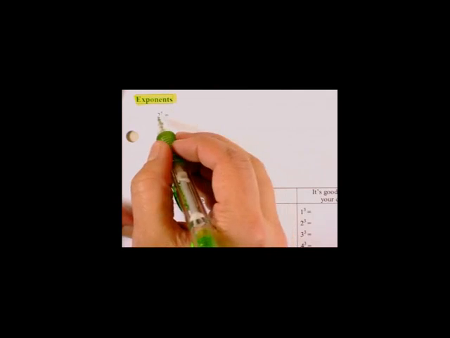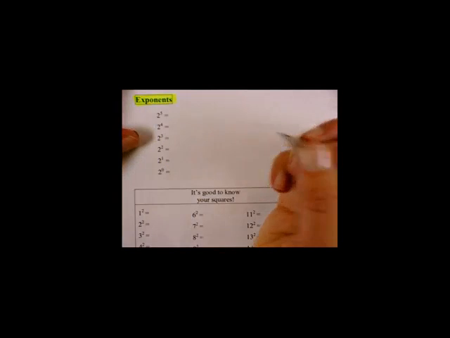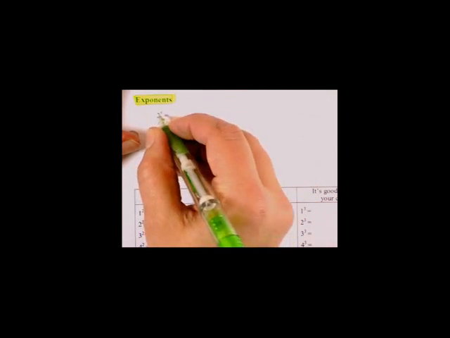If I have 2 to the 5th power, what that means is I'm multiplying 2 by itself 5 times. In other words, this is 2 times 2 times 2 times 2 times 2. And if I multiply this, this is going to equal 32. Let me blow that up a little tiny bit bigger. So I could read this as 2 to the 5th power. How about this one? I'm multiplying 2